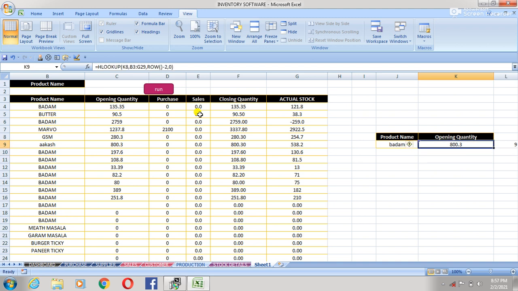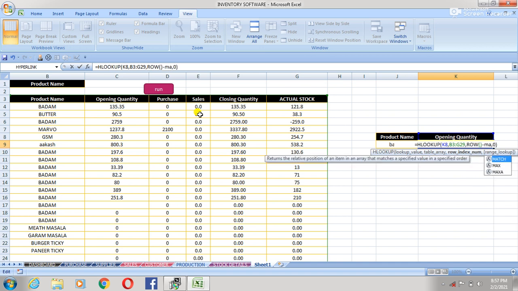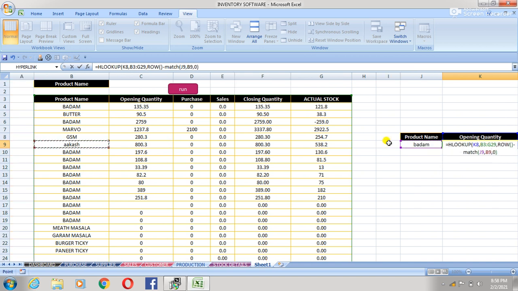So apply here advanced filtering. Apply the next formula here: minus MATCH, the match value, and this function, okay, comma, and this criteria in this range. So select from here to there and comma 0, press enter.